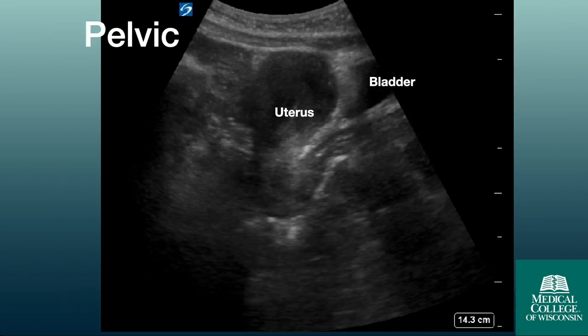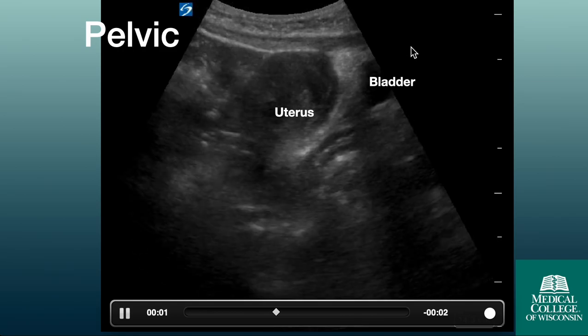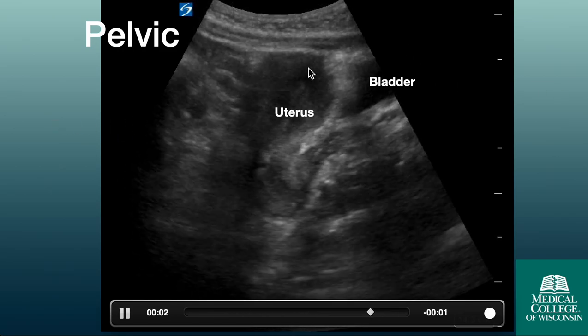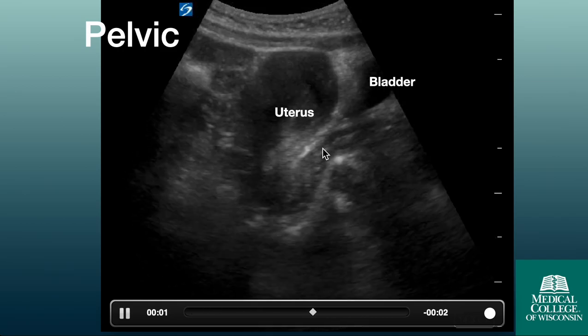Here's what you might see on a female patient. You see a bladder. The pubic symphysis would be off to the right, and the feet are off to the right as well, and the head is off to the left. And then you see the uterus here, which you can follow down to the cervix and actually see the vaginal